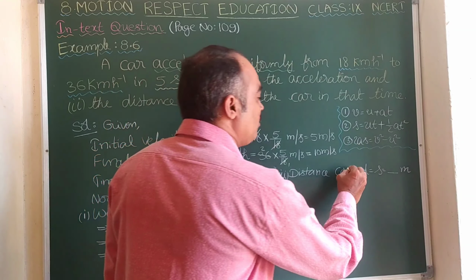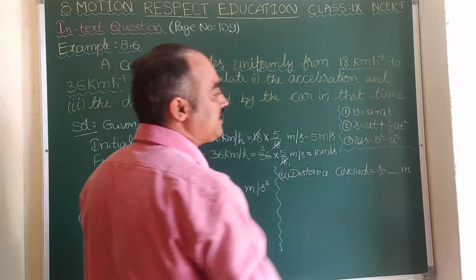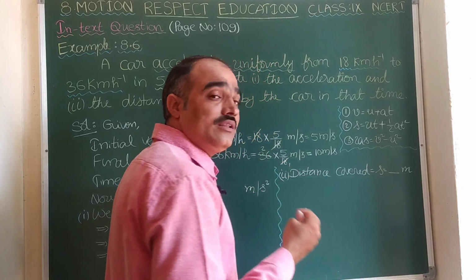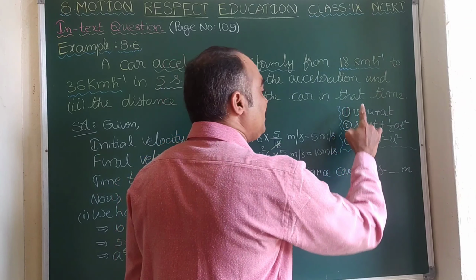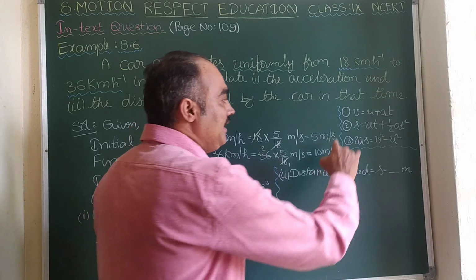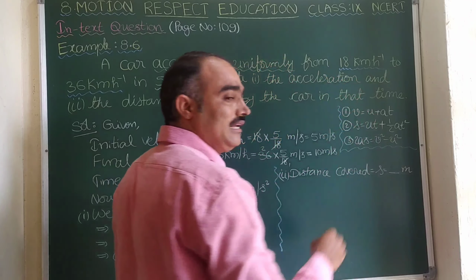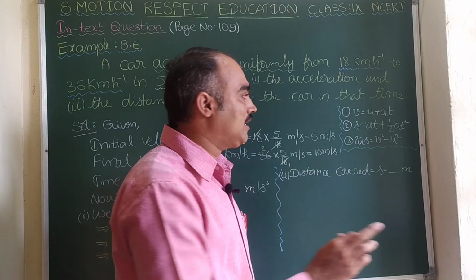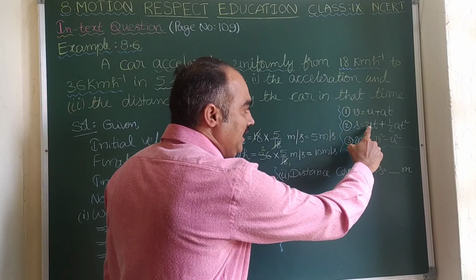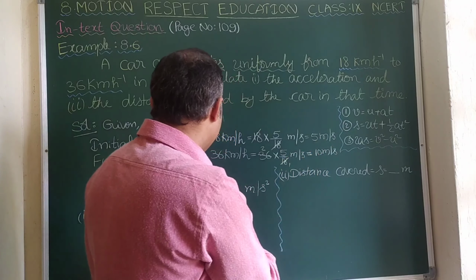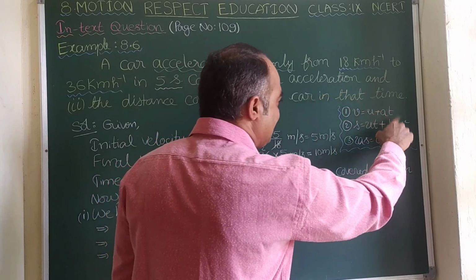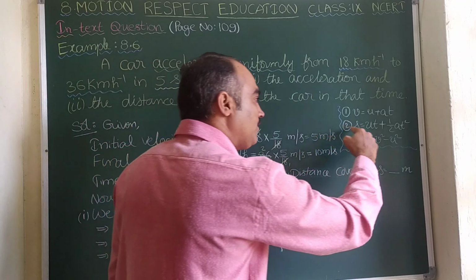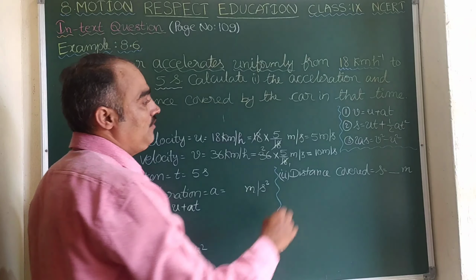Clear? Now here we are going to find the distance s, for which you can select which formula is suitable. See, in the first one s is not there. That's why the first one is not suitable for finding the distance covered. In the second equation s is there, and in the third equation also s is there. Now it is up to you which one you select. It's not at all a problem, because if you select the second one, to find s we need u, it is ready, 5. We need t, that is also ready, that is also 5. And 1 by 2 let us write as it is, and a is 1. And t square is already 5, so 5 square. So you can use the second formula, or the third one can also be used.